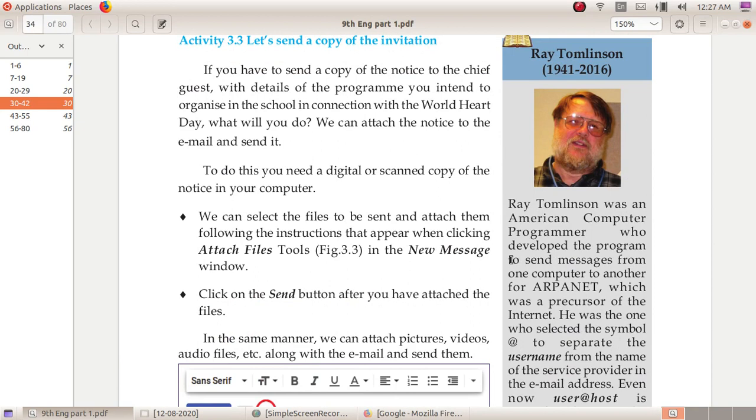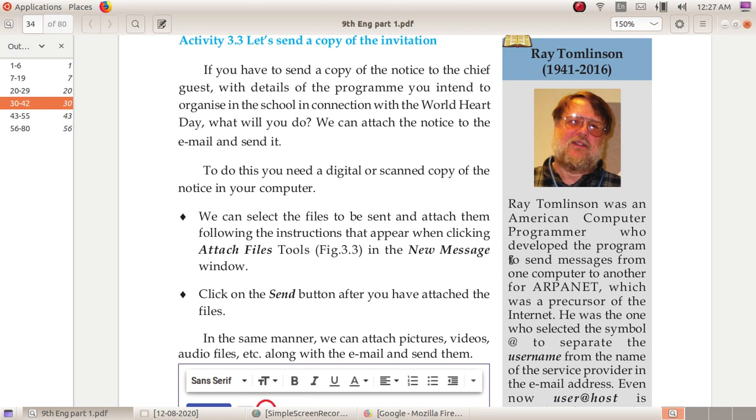All of you know about this person, Ray Tomlinson. He was the inventor of email, that is, electronic mail.